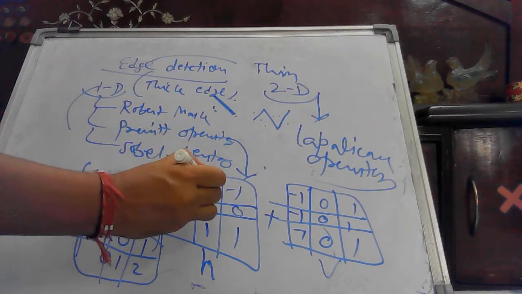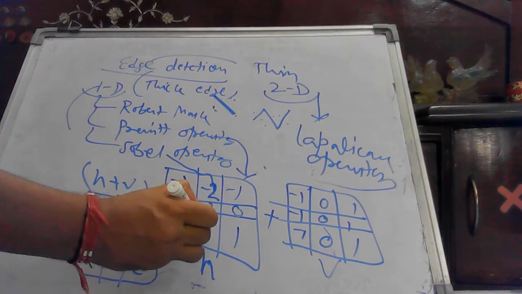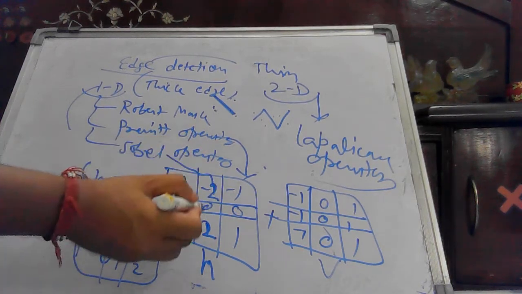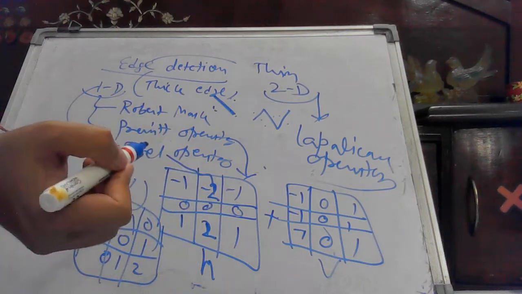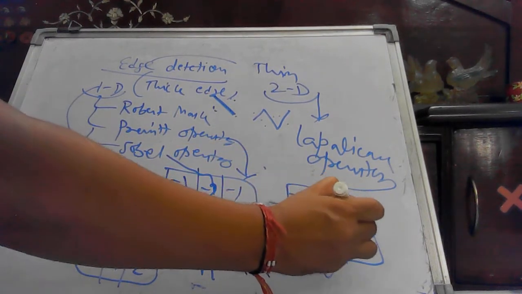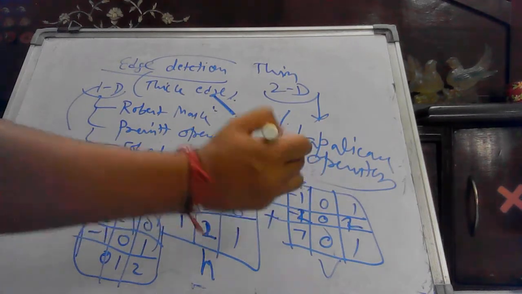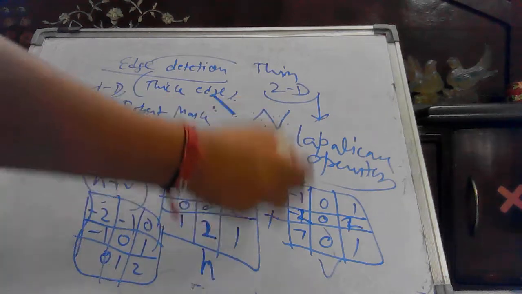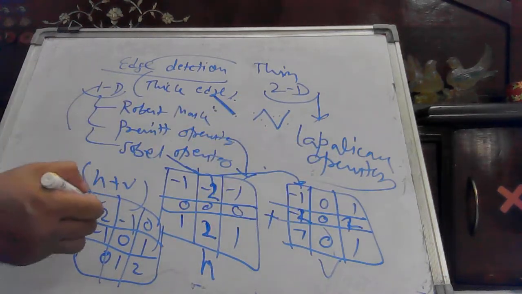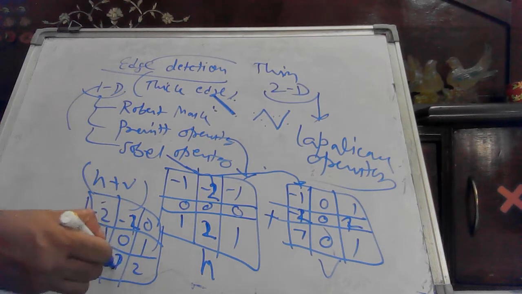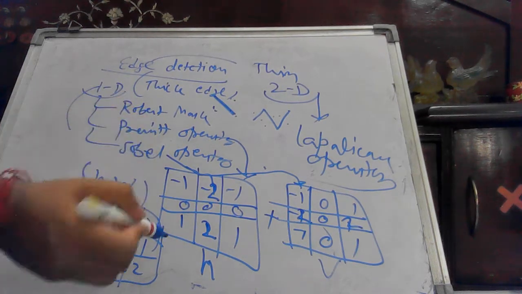So simply what you are doing in the Sobel operator is changing the value of the nearest neighbors. Rather than making it -1, you are making it -2, and then again the sum will be 0. Similarly, you could do it here, -2 and here 2. This is for horizontal and this is for vertical, and here you could have a sum like this, -2 here and then +2 here. It will become the Sobel operator.